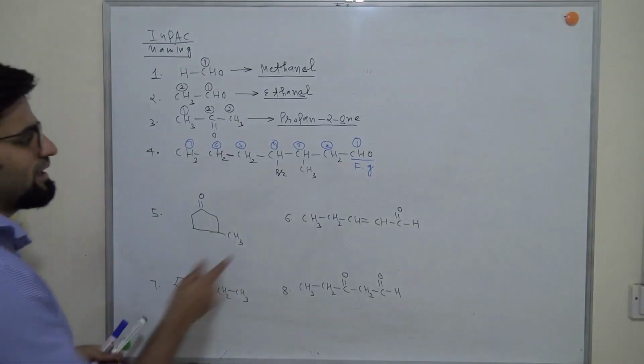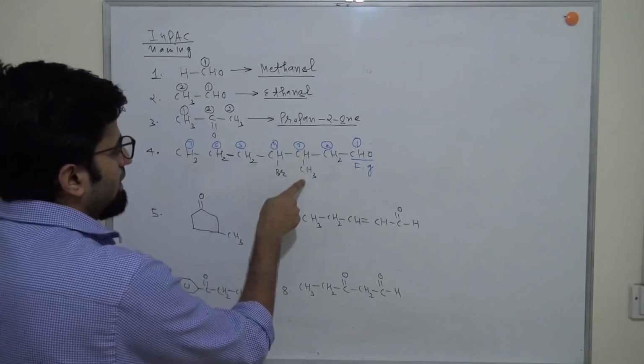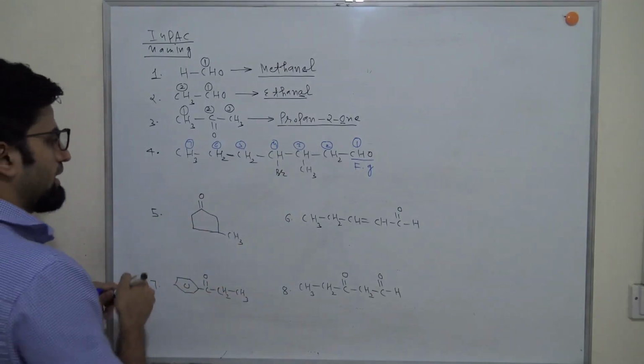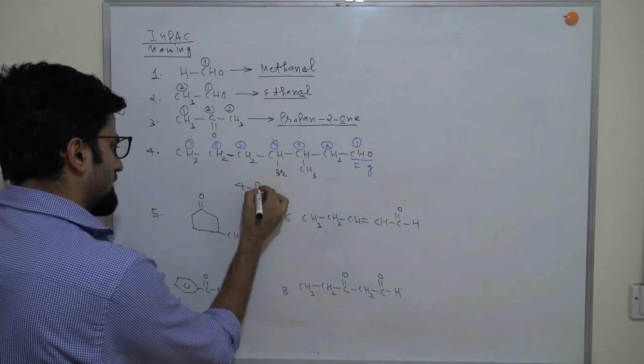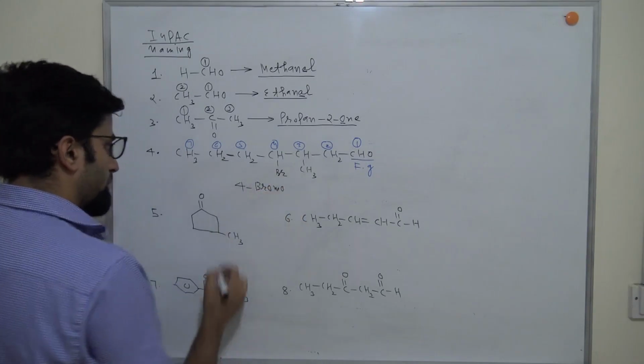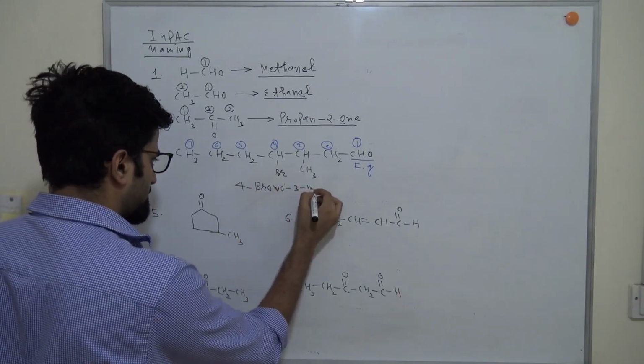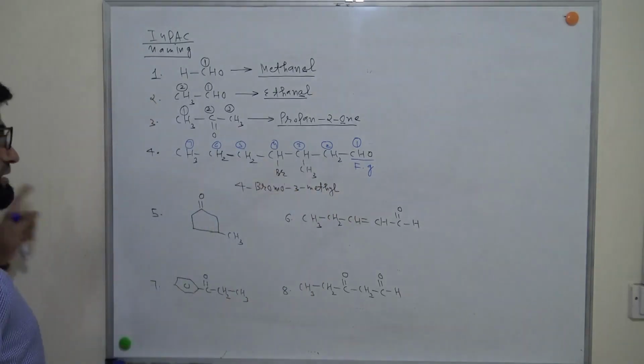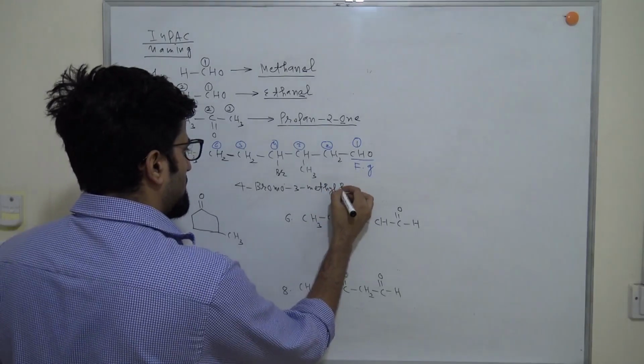So you know alphabetically we have to write the name. So methyl, who comes first, bromo or methyl? B comes first alphabetically. That's why the correct name will be 4-bromo, capital B. Okay, 4-bromo, 3-methyl. How many carbon atoms are there? There are 7 carbon atoms, right? Heptane,